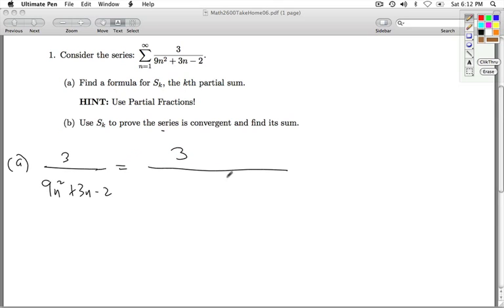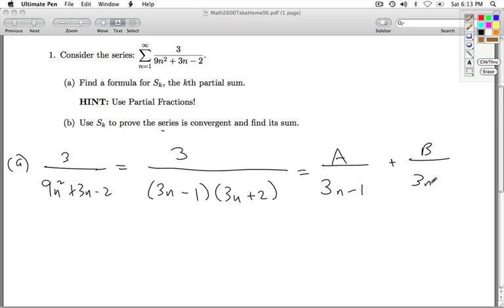So to use partial fractions, we need to factor the denominator. So we can go through our algebra 2 here. It's going to be (3n minus 1)(3n plus 2). And so that gives us the form of the decomposition: A over 3n minus 1 plus B over 3n plus 2. Since we have distinct linear factors here, I can use the Heaviside cover-up method to determine the A